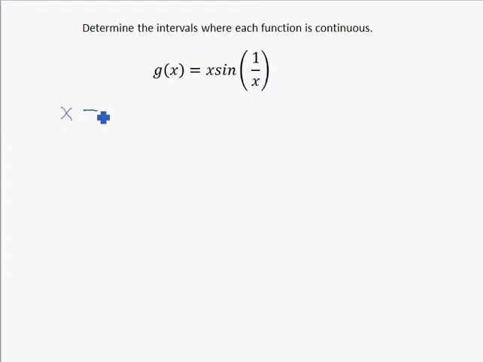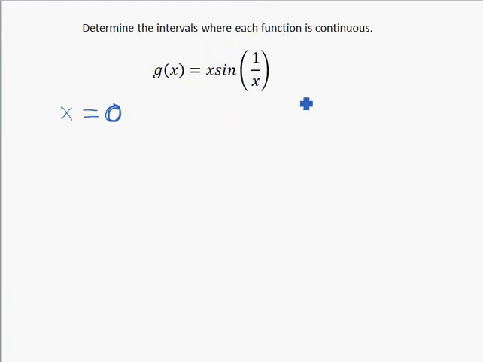So as long as x is not 0, 1 over x will be a real number. Sine of that number will also be a real number. And then x will be a real number as well. So this thing should be defined everywhere except for 0. So that's no problem. And we also know, just from our continuity rules, that this function is continuous everywhere